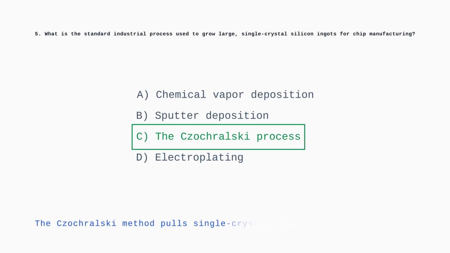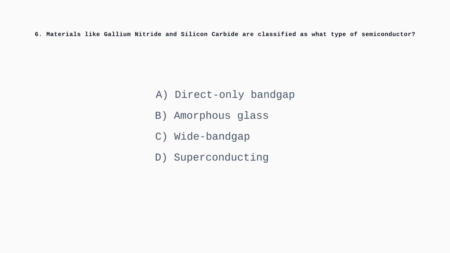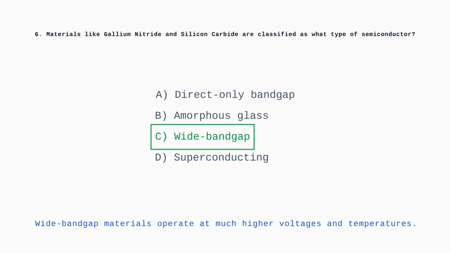The Czochralski process is the standard industrial method used to pull massive, high-purity single-crystal silicon cylinders from molten liquid. Question 6. Materials like gallium nitride and silicon carbide are classified as what type of semiconductor? Gallium nitride and silicon carbide are wide bandgap semiconductors, allowing electronic devices to operate at far higher power and heat